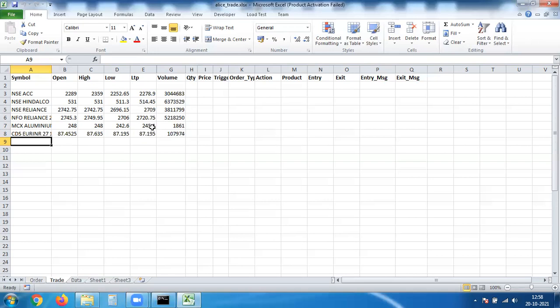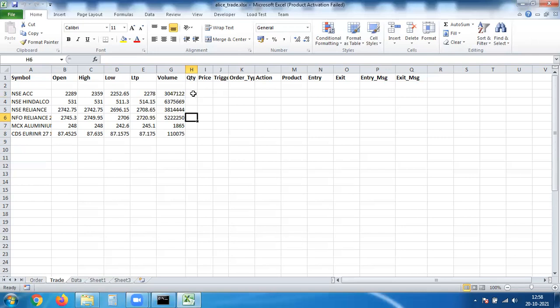The next step is to put the orders. So whenever you put the orders, if the symbol belongs to a cash market, then the quantity is up to you as per the margin or as per the cash that is available in your trading account. But when you are putting the quantity for the derivative contract, it must match the lot size. In multiples of lot size, you have to put the quantity.